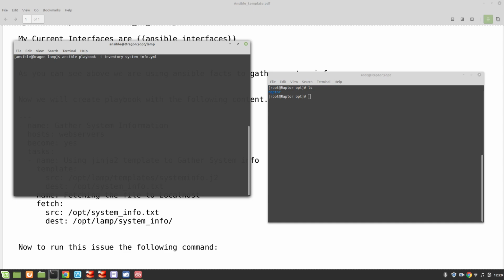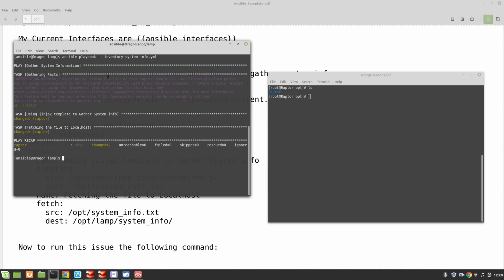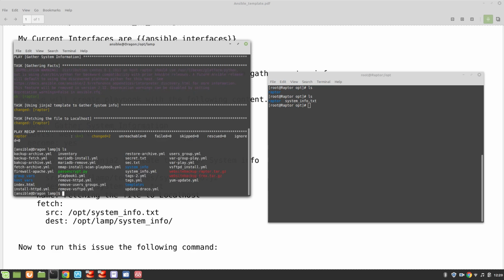system_info.yaml. Press enter, and it's running, and you can see it's gathering facts and task using Jinja template to gather information. And let's see if it has created the system info file here. Yes, perfect. And also let's check if it has created directory system info, and yes, it has created. Let's go to this directory now,